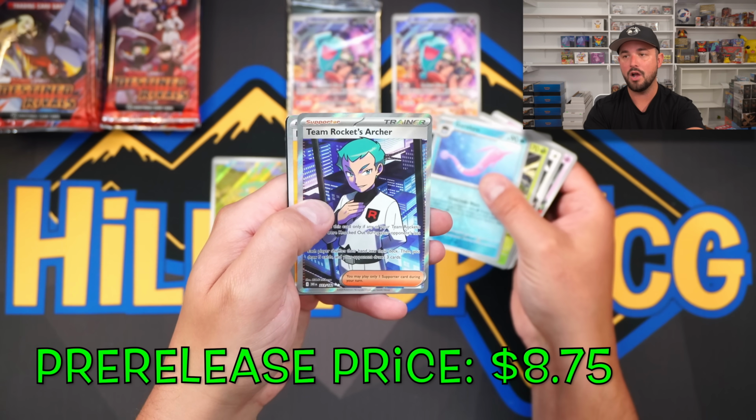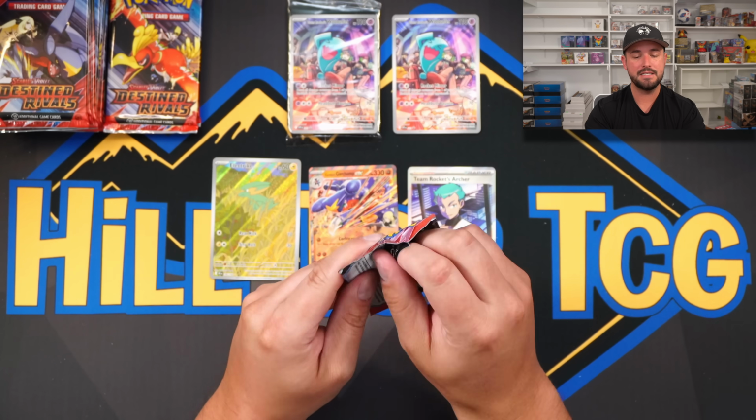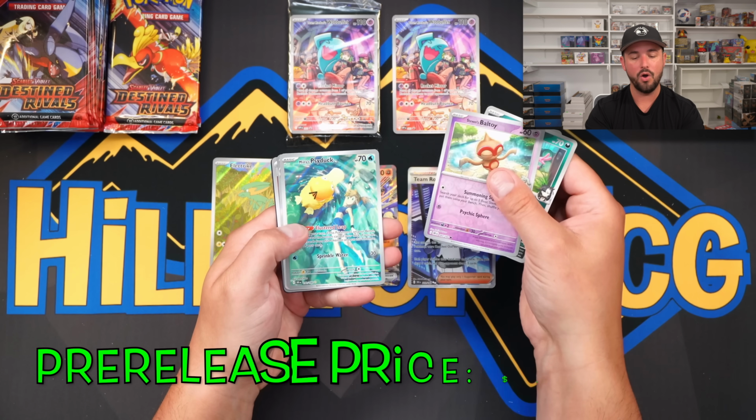We got Team Rocket's Archer there. So we got our first Team Rocket card, and I love that one. So 3 hits out of our first ETB. That is a great ratio. Let's see if we can get anything with more full art texture. Maybe a cool...